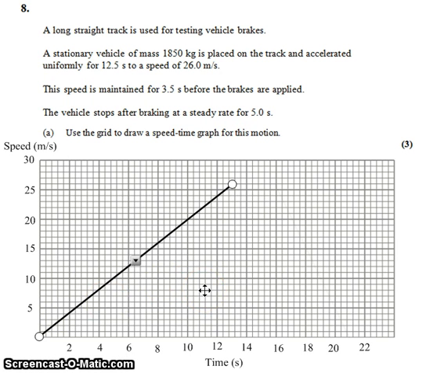It then says the speed is maintained for 3.5 seconds. So I need to go from 12.5, add 3.5 takes me up to 16 seconds at a constant velocity of 26 meters per second. The final part of my graph, it says the vehicle stops after braking for 5 seconds. So 16 plus 5 takes me up to 21 seconds, and it stops at the end of this. So I'm going to go all the way down to 0 meters per second and intersecting the x-axis at 21